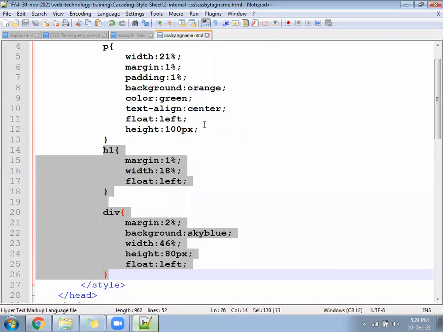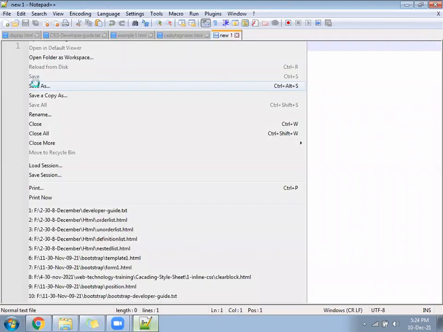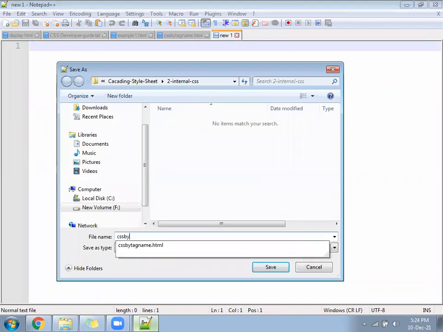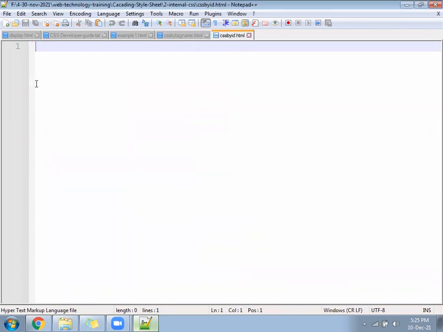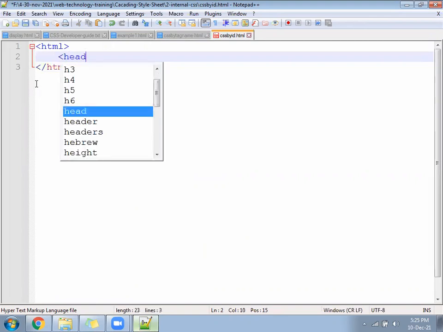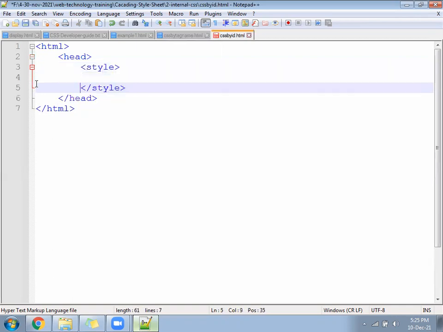File we are creating, CSS by ID.html. Start from HTML, follow the tags. Open the style and close the style.